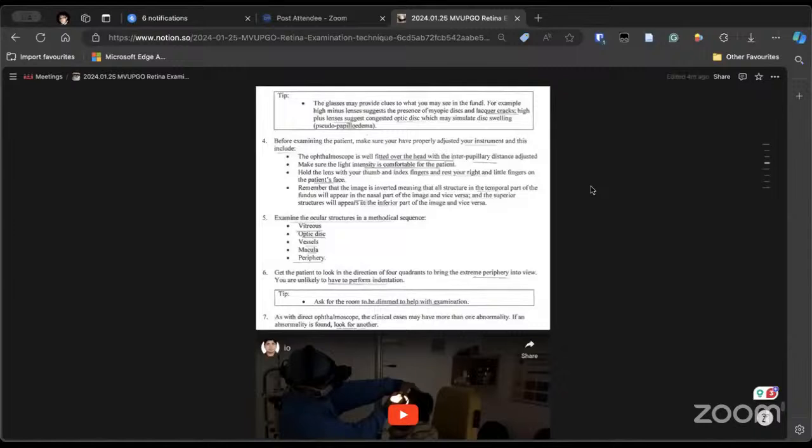Optic neuritis is usually an inflammation located in the optic disc itself, and the anterior vitreous may not be affected. So it might be seen in optic neuritis, but it is not a good answer in the exam. So in the exam, be very specific. Tell only the typical things which can be visible.